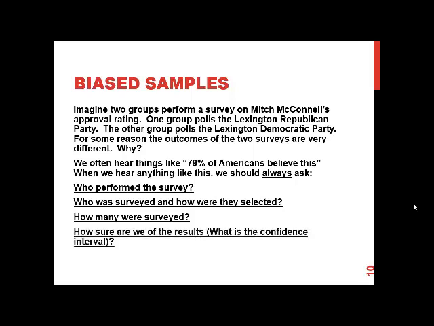And finally, how sure are we of the results? And that comes into play in a confidence interval. You might see a margin of error, especially on political polls, margin of error 3%. And so when we see that 2 people are within 3 points of each other and the margin of error is 5 points, well, that means there's basically no meaning to that survey because it's a draw.